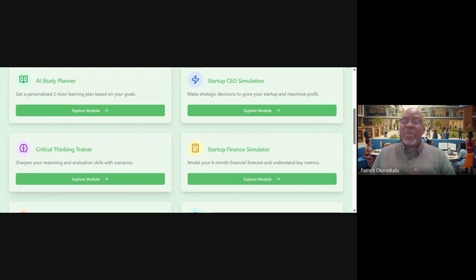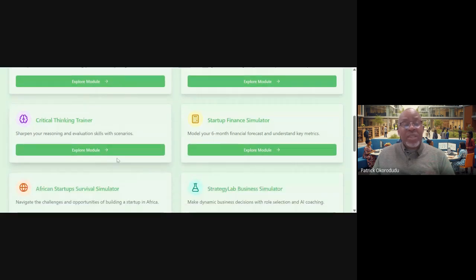And basically what they came up with is that they just wanted to make sure, like most people all over the world are concerned, teachers, professors, instructors, lecturers, they're concerned about students just kind of relying solely on AI chatbots like ChatGPT, DeepThink, Gemini, Grok, and all the others to do their essays and write all their papers for them. But here we have something for critical thinking. It's a critical thinking trainer because we want to sharpen your reasoning and evaluation skills with different scenarios.